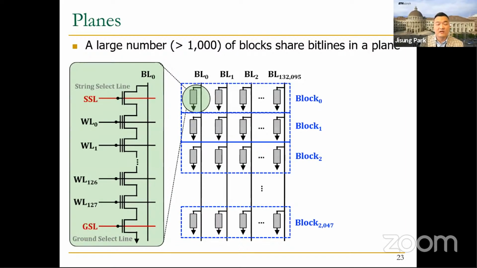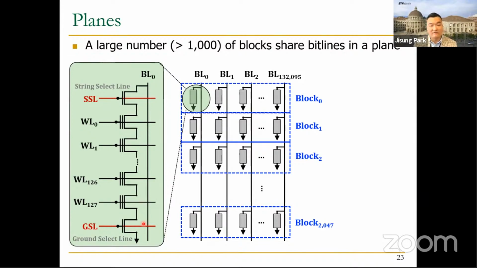And to this end, on the top and bottom of each NAND string, there are the string select line, or SSL in short, and the ground select line, GSL in short, which can effectively disconnect non-target NAND strings from the corresponding bit lines by applying a lower